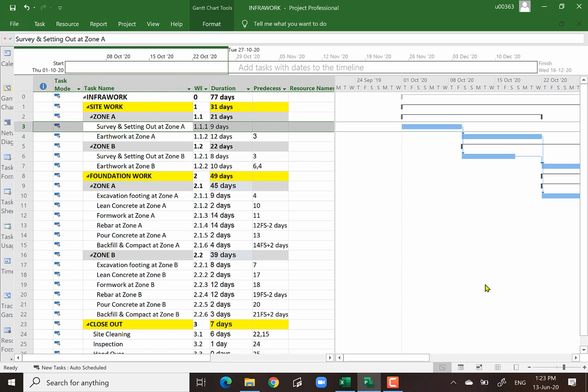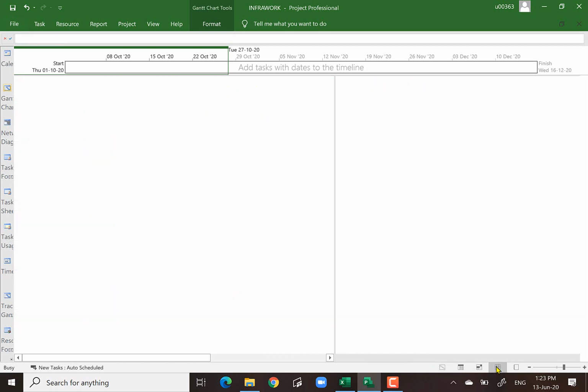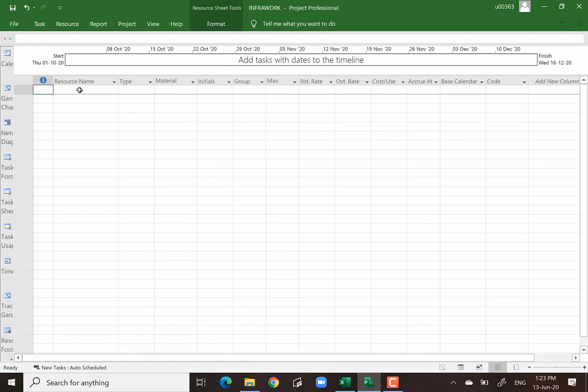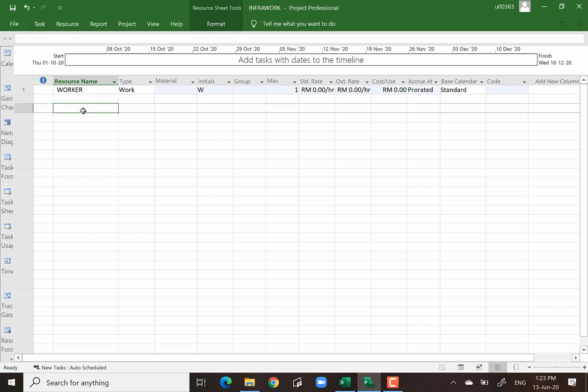Now we click on resource sheet here. There is a shortcut menu, we call it resource sheet. Now you see an empty resource sheet. What can you input? You can input, for instance, manpower, workers here. You can input machinery, you can input material,